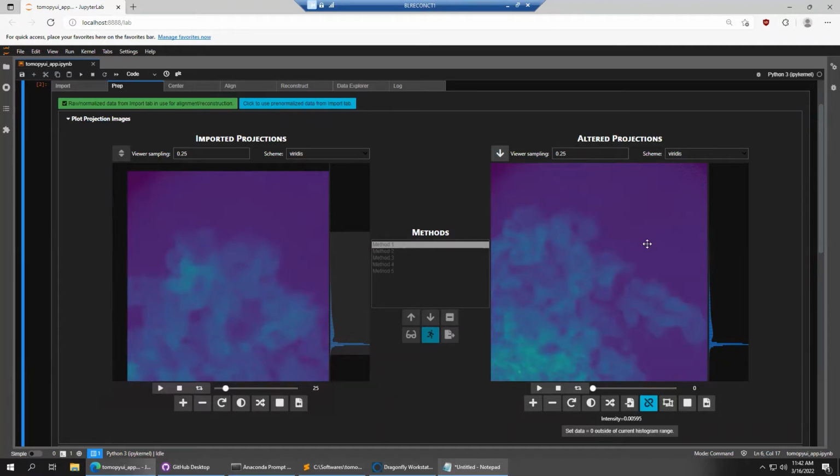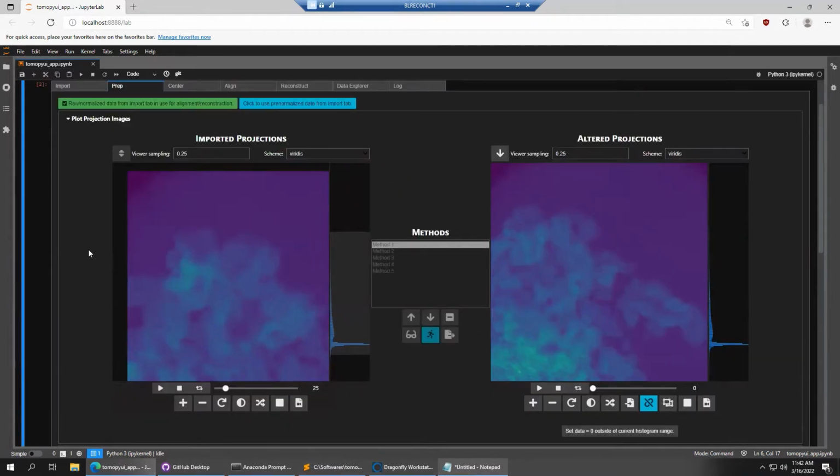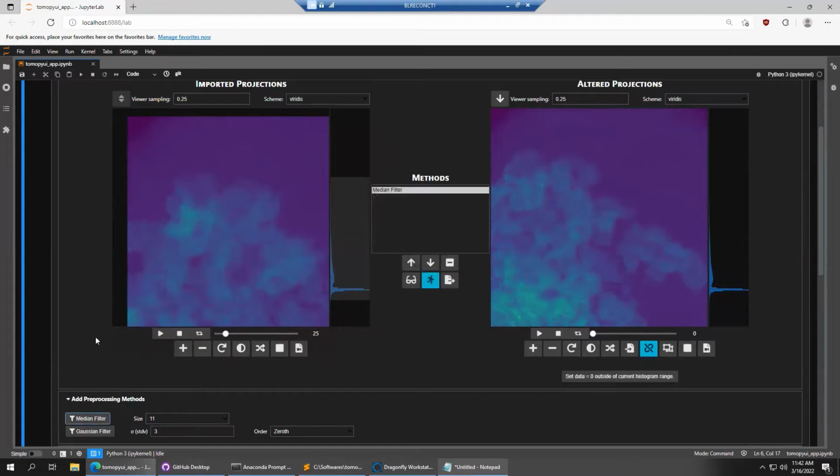We're just changing these altered projections here. Okay, so say I want to do a median filter on my data. And just to give you an idea of what that's going to look like, we click this button, it goes into the methods thing here. And if we just want to preview what that's going to look like,